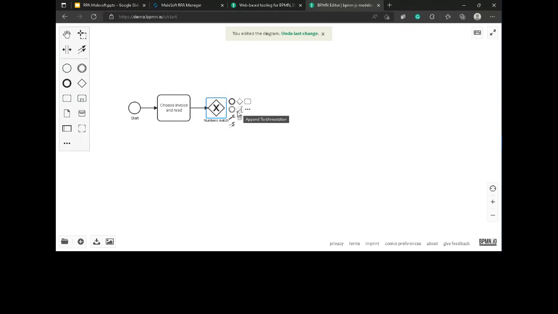Then we can have workflows, processes which can be done. I want to connect to one more process. Check invoice, email.